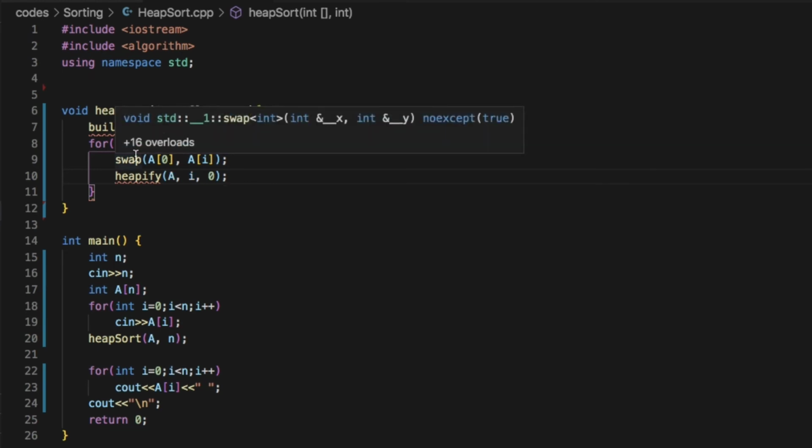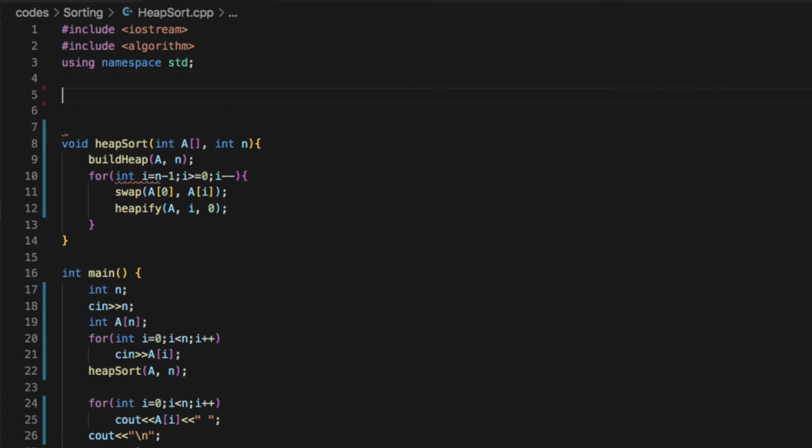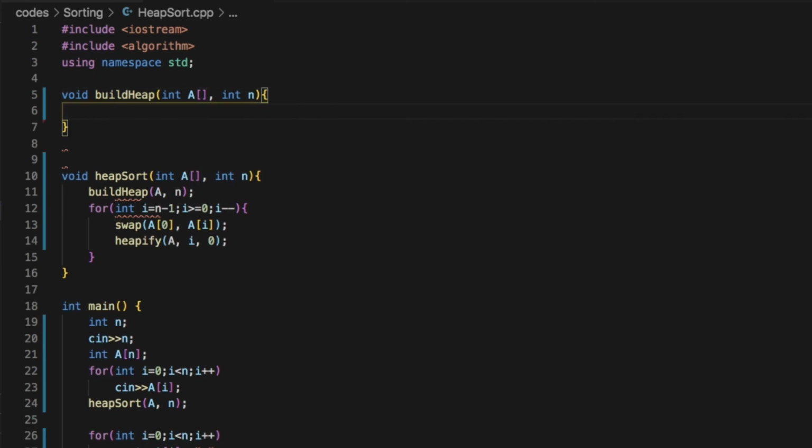So first, let's create the build heap function. The arguments of the build heap function are same as that of the heap sort. So in build heap function, we first run a for loop from the last parent to the first parent. That is, we run a for loop from n by 2 minus 1 to 0.